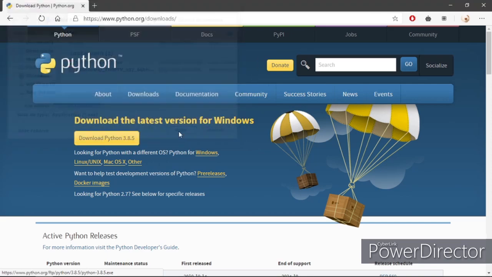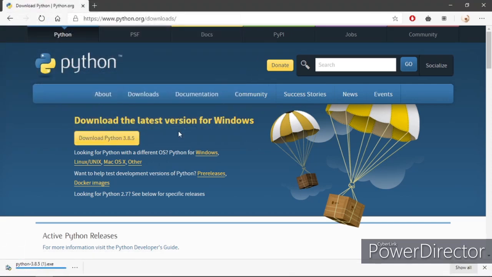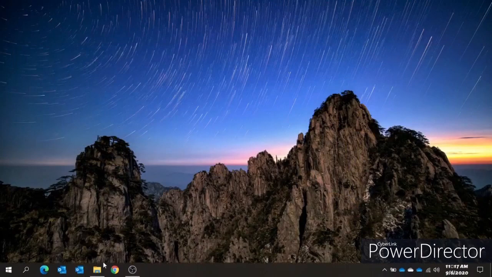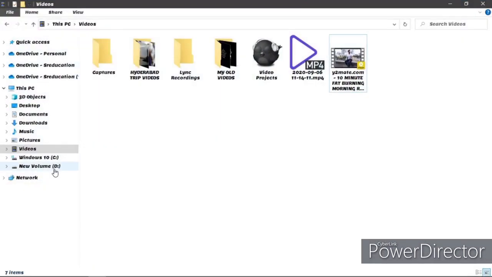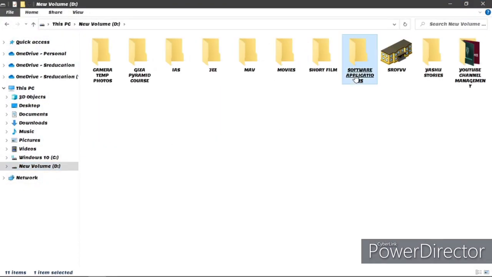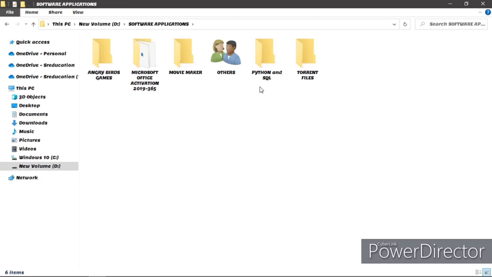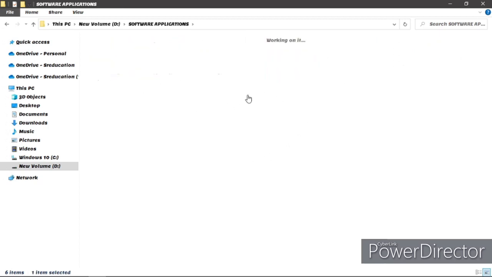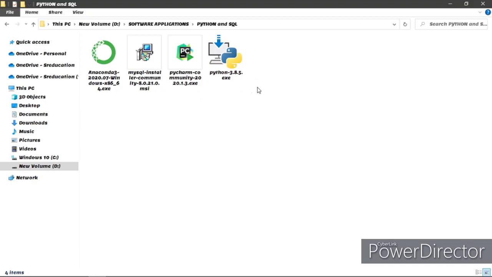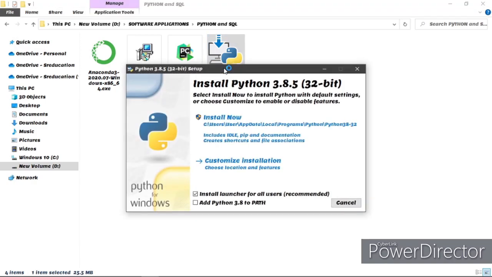Now I am going to download it in my downloads. And I have already installed this setup in another folder. So now I will go to that folder and install Python IDLE. There are many IDEs in Python: Anaconda, Spyder (in Anaconda only Spyder will come), and PyCharm. But mostly we prefer Python IDLE.